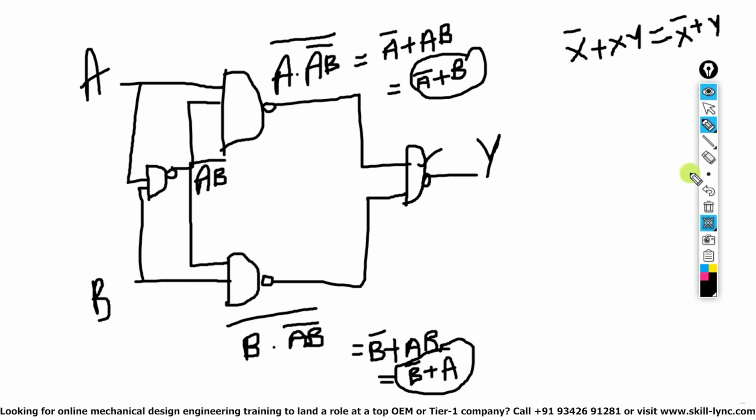Okay, if someone asks you, now it was the exclusive OR gate, now if it is an exclusive NOR gate, it is almost the same thing. Exclusive NOR gate equals exclusive OR gate plus complement form, meaning exclusive OR gate plus NOT gate. So you will just put a NOT gate. And if you remember, in a NAND gate, if you put the same value on both inputs, then it is a NOT gate. Okay.